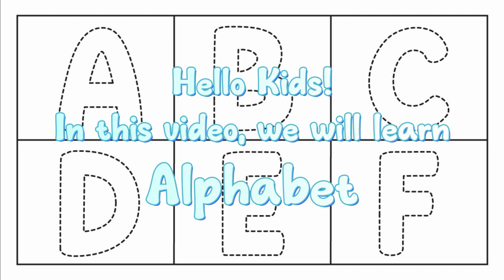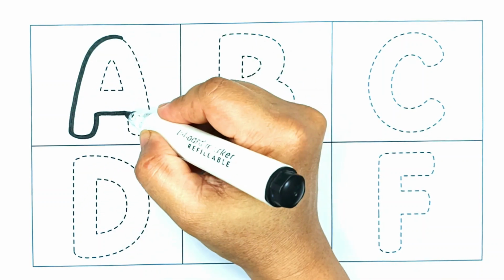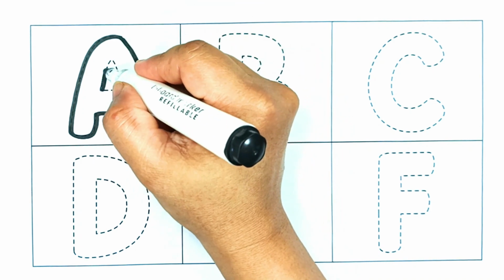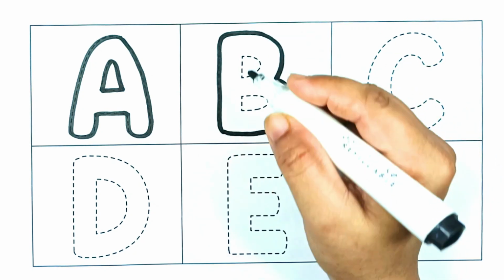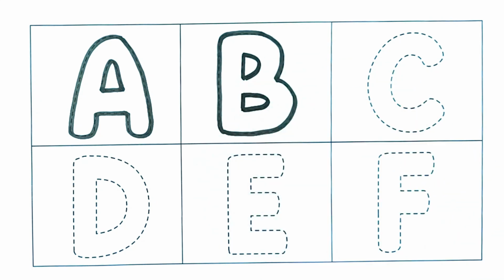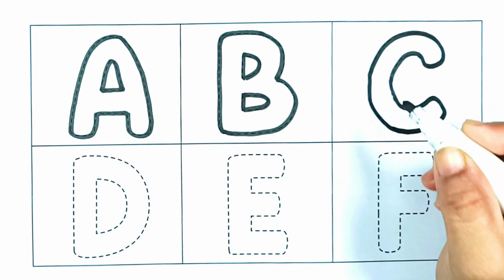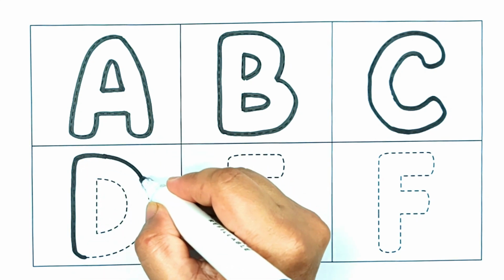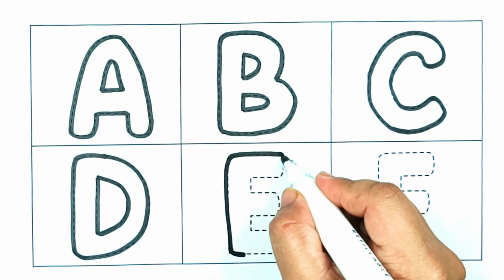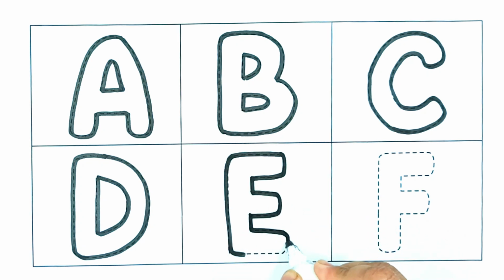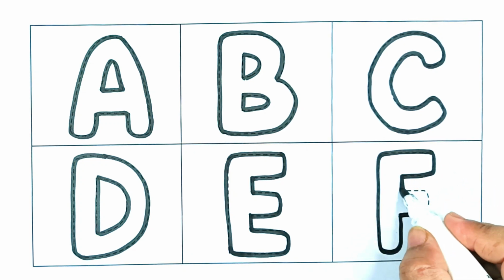Hello kids. In this video, we will learn alphabet. A, A, B, B, C, C, D, D, E, E, F. F,